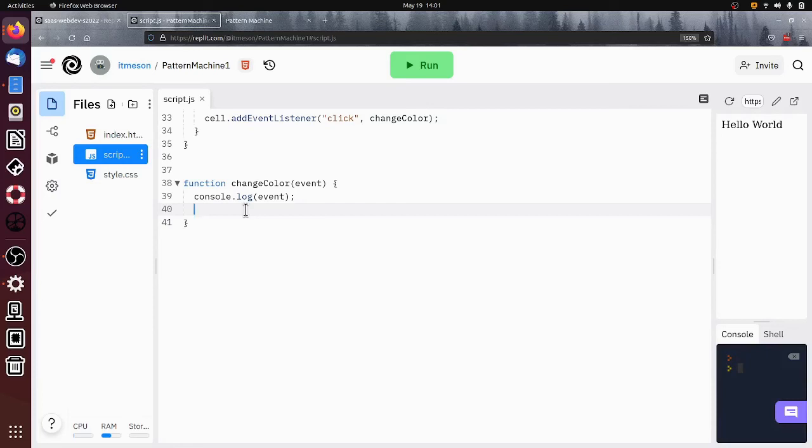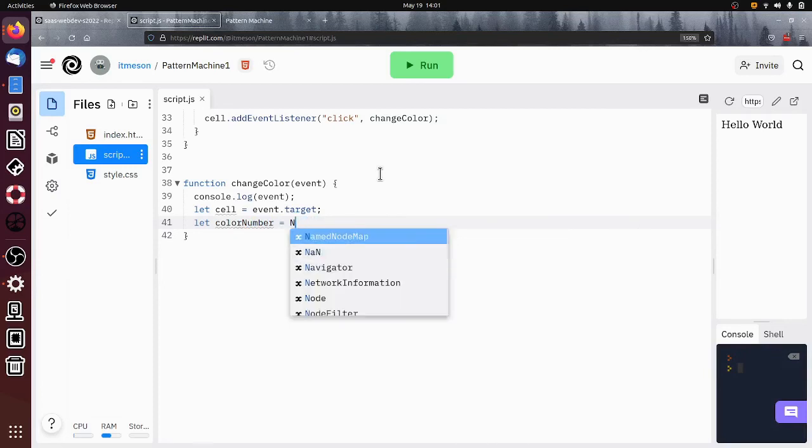and I'm going to say, well, somebody clicked on the cell. That means I must want to change its color. I'm going to figure out which one we're talking about. Let cell equal event.target. So that's the cell that was clicked on. Let color number equal number